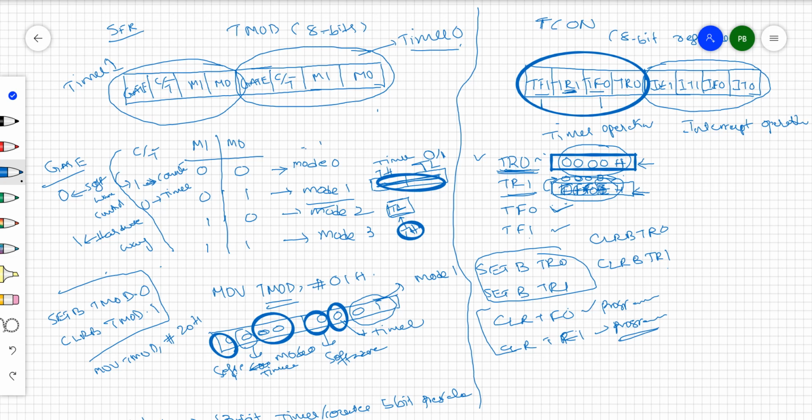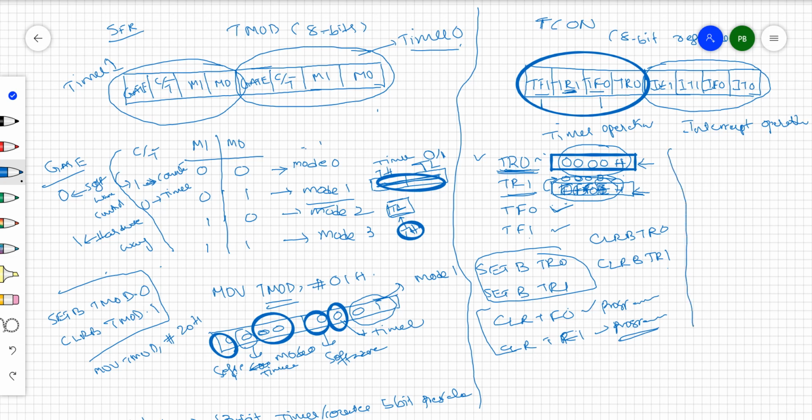So overall, this is used to start, to identify the overflow, and to stop the timer, as well as to clear the timer overflow flag, right? These are the bits we use to control these timers, right? But the overflow flag bits are going to be set by the controller itself by default whenever overflow occurs, right? So that is one difference.